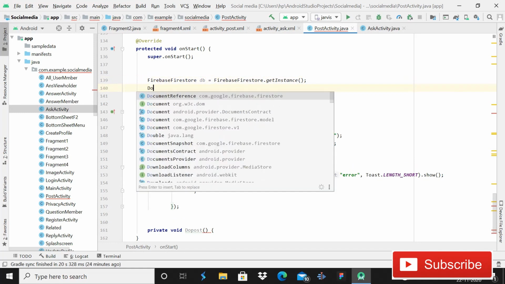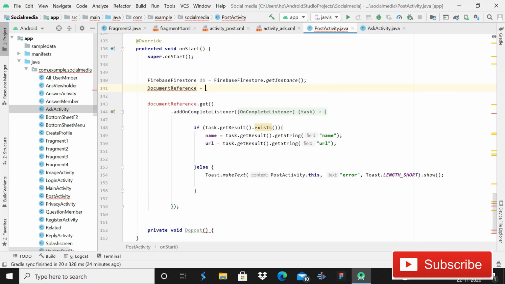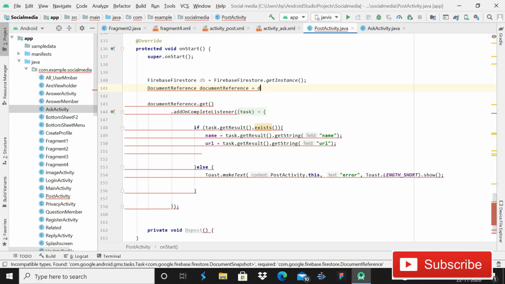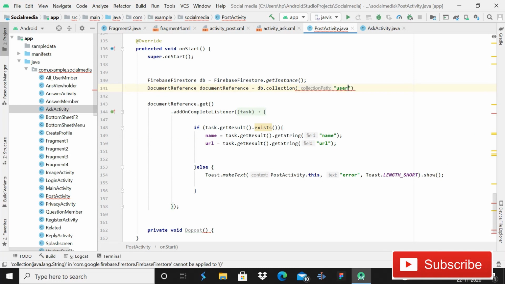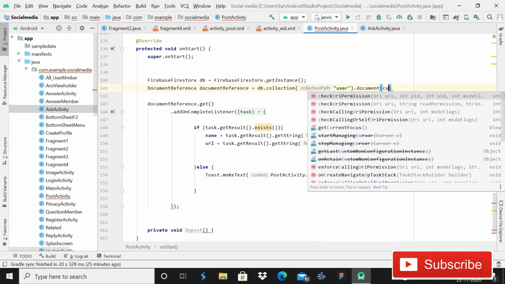Understand? And document reference equals to db dot collection user, then dot document, that will be current user id. We don't have it,